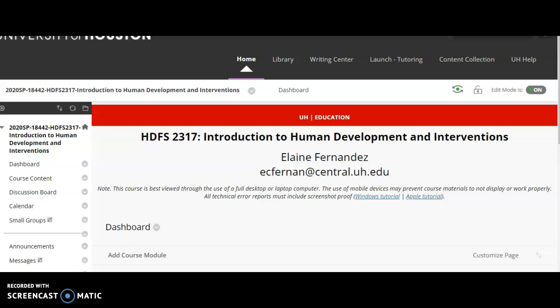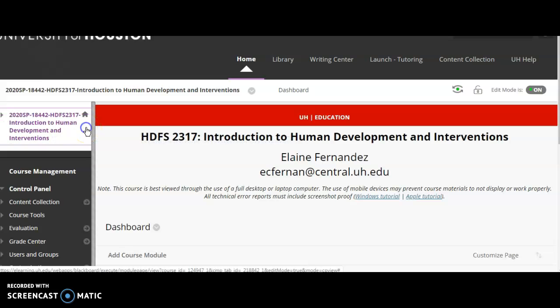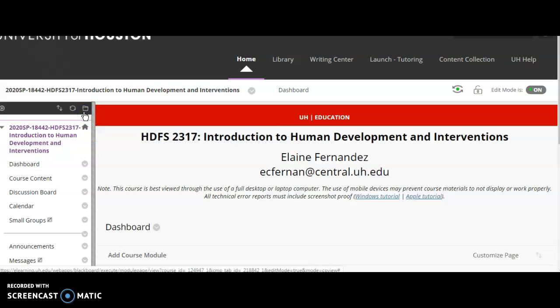To post on the discussion board, all you have to do is go over to this sidebar menu right here and click on discussion board. If that's not showing up, if this menu isn't showing up, try clicking on this home button right here. That will collapse and expand the menu. So click on the discussion board,